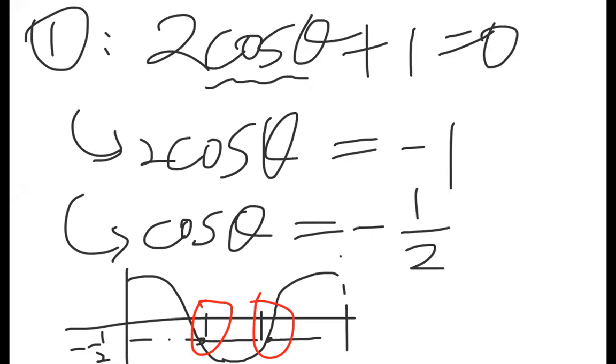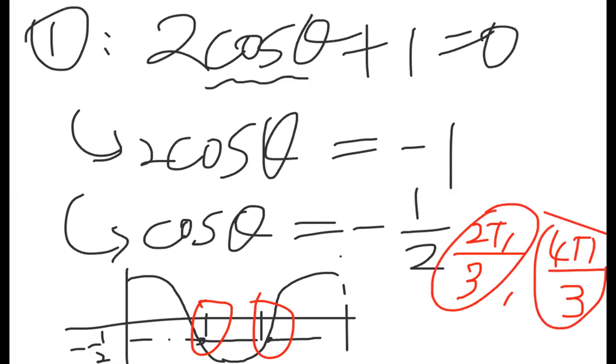So it's either 2 pi over 3 or 4 pi over 3. So these are the solutions for the equation 2 cosine theta plus 1 equal to 0. All right. Next one,